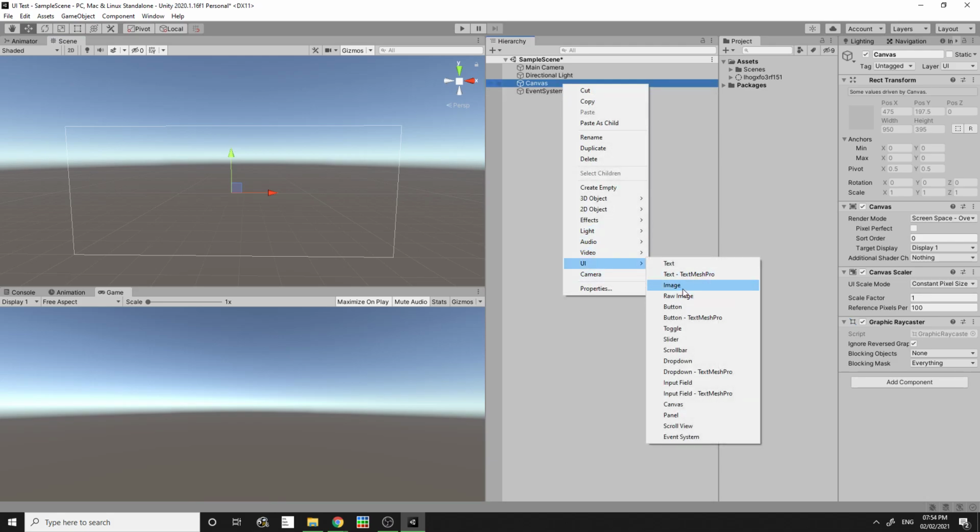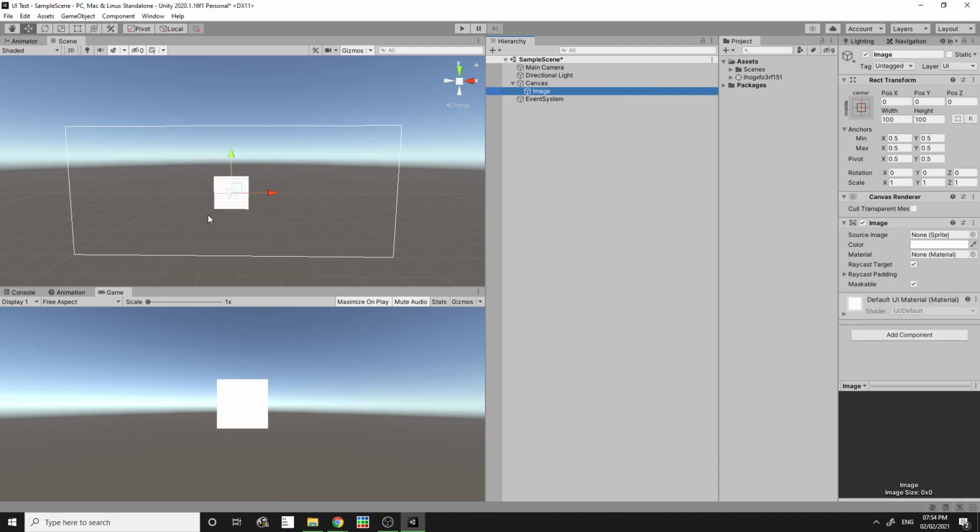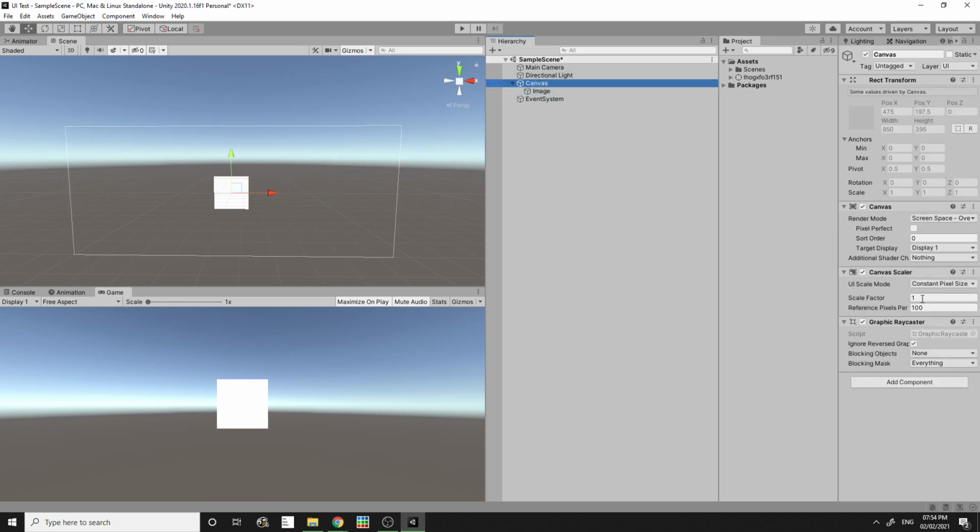This time I'm going to choose an image, and now we can see we've got a big old white square in the center of our screen, both in the Unity scene within the canvas, and also now in our game view we can see the square that is being rendered in the canvas system. If the image is not a child of the canvas, it won't show up. It needs to be a child of the canvas for it to sort of process through the parent canvas elements,